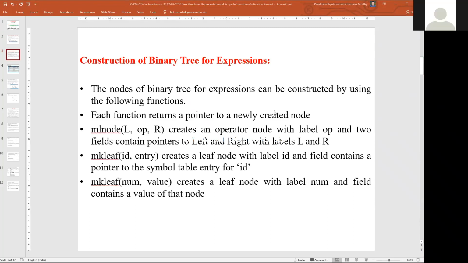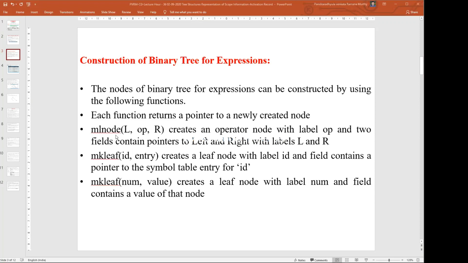Each function returns a pointer to the newly created node. So we can use different types of functions.